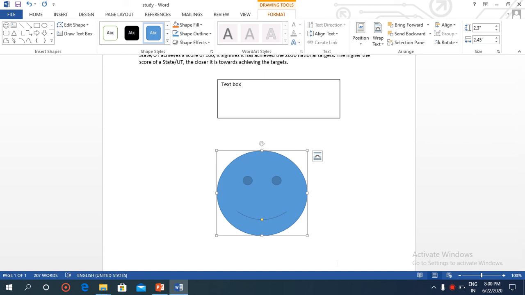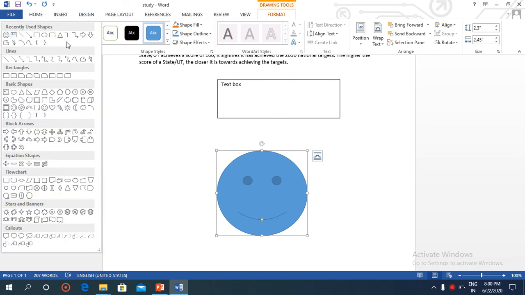Then step 2, a pop-up menu displays various options like line, basic. I will show this. These are line. These are the various shapes. So after that, select any shape. You have to select any of the shape of your choice. Then you can draw that particular shape with the help of drag and drop action of your mouse.